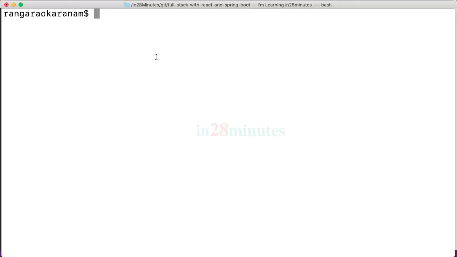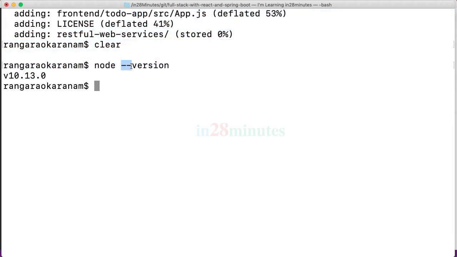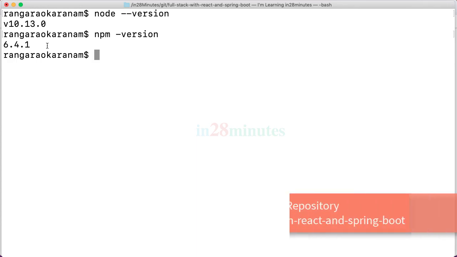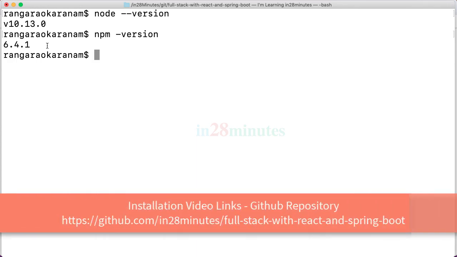Now, once your terminal or command prompt is opened, all that you need to do is type in node --version. So important to note, there are two hyphens in here, right? So it's node --version. Once you have a version which is greater than 10, that's cool. You can also type in npm --version to find out which npm version you have. If either node doesn't work for you or npm doesn't work for you, make sure that you check the installation guide, which we looked at earlier in the course.